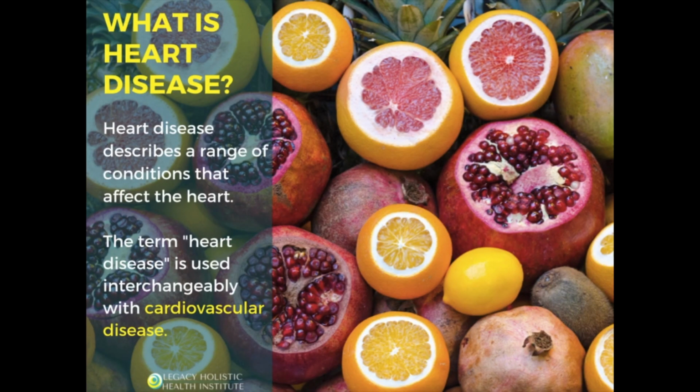Now, heart disease describes a range of conditions that affect the heart. Diseases under the heart disease umbrella include blood vessel diseases, such as coronary artery disease. They also include heart rhythm problems or arrhythmias and heart defects that people are actually born with, which are also known as congenital heart defects. And this is just a few of the many types of diseases that are under the umbrella of the word heart disease. You might also hear heart disease used interchangeably with the words cardiovascular disease or CD.